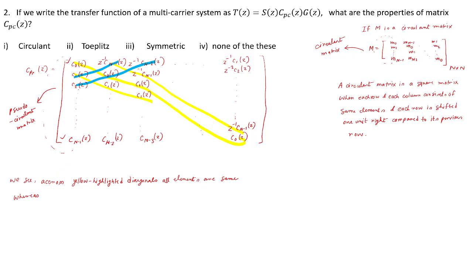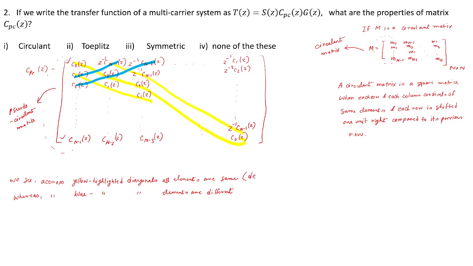Whereas across blue highlighted diagonals, elements are different. If you carefully notice what is the difference between yellow highlighted and blue highlighted diagonals, you'll see yellow highlighted